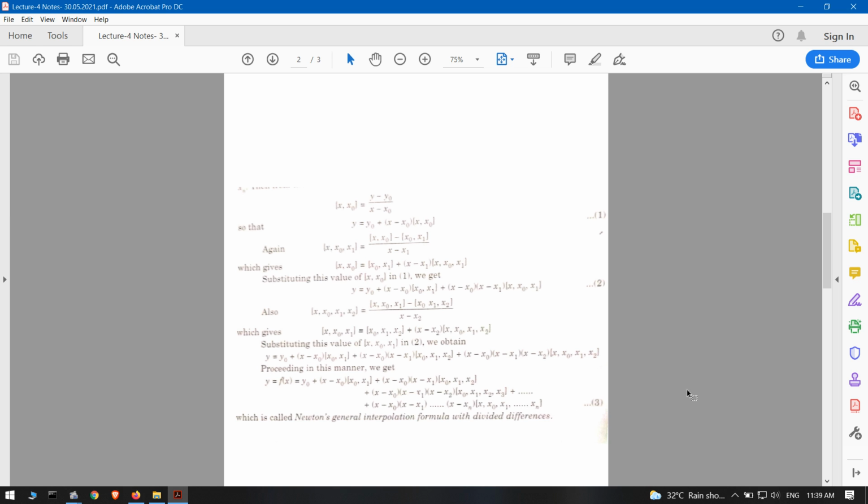When you solve the problem, then that x will be some value. If the x value is exactly equal to one of the given set of values, then there is no need to solve, because the corresponding y value is already given. Suppose x equal to x1 or x2, x3, the corresponding y value is already given. So that's why we have used a variable, the independent variable x, and correspondingly we have derived the expression. Any other confusion?